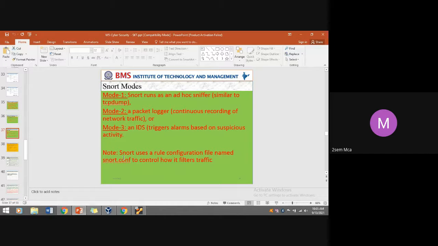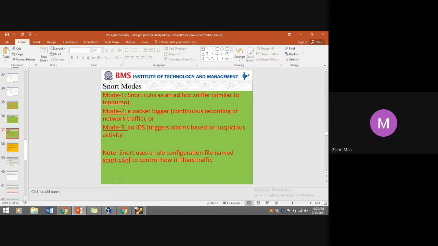Not only Snort, whichever tool you install today, its optimized functionality exists only today. Tomorrow there is no guarantee the tool works for every new attack. So every 15 to 20 days, or within 3 months, you need to keep updating the software of your system to get full functionality.